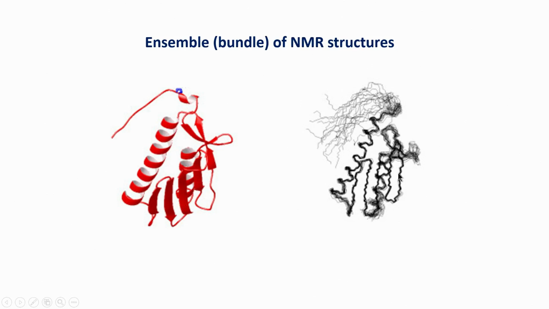So, therefore, all of them are equally correct, and actually if you look at it, they all superimpose on each other pretty well, except this part of this protein here, which does not look superimposable, but that is because in this region there were not many constraints given to us. So, the software program could not determine a unique structure for this part. These are typically the loop regions and the ends of the protein. They behave like this in NMR structures because they are not well defined, meaning there is no particular distance value we are able to find between atoms in this part because they are very flexible.